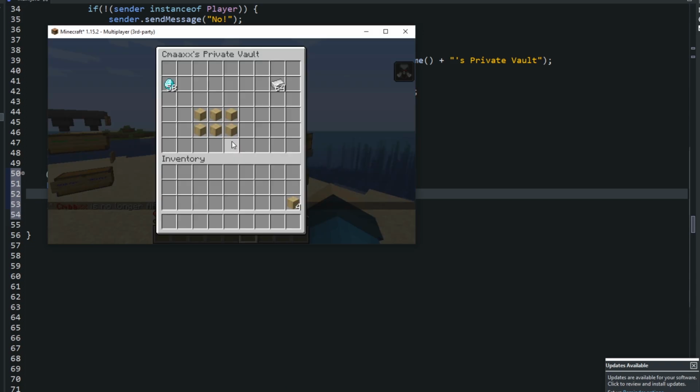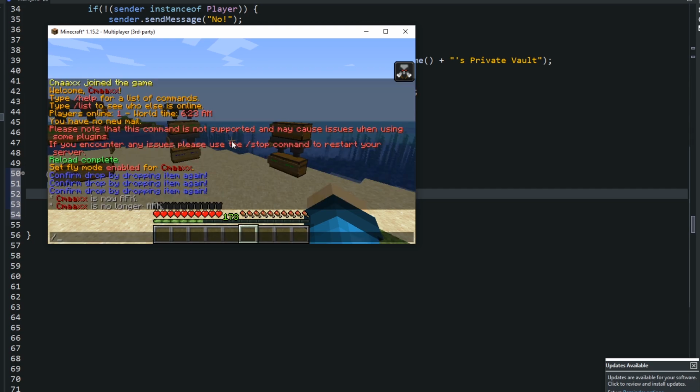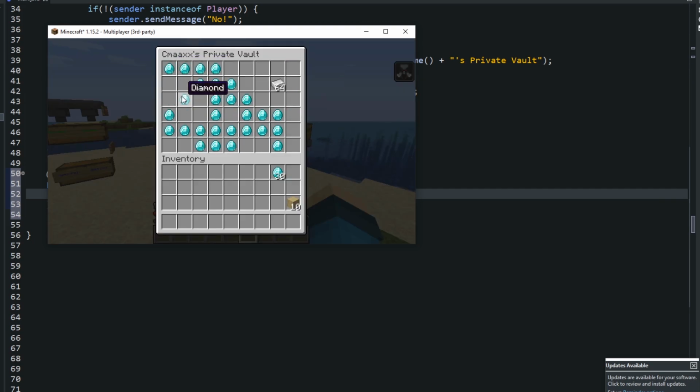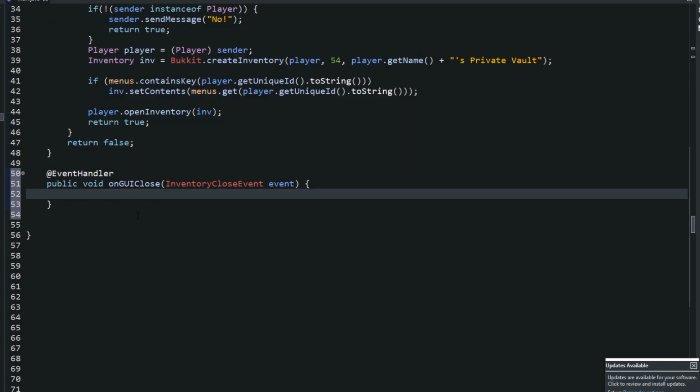So I'm here in the inventory. Let's edit these values around. Let's put a bunch of diamonds all around like this. Now, whenever I close my GUI, I want to save the instance of all these values in the certain slots into my hash map. So when the GUI is closing, we're going to say if the